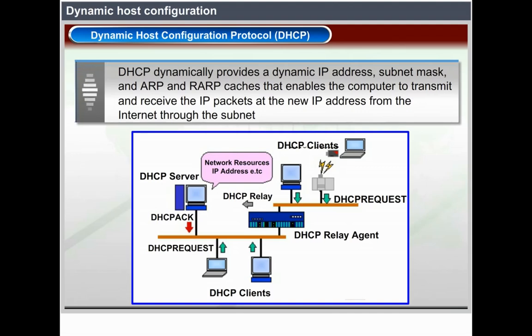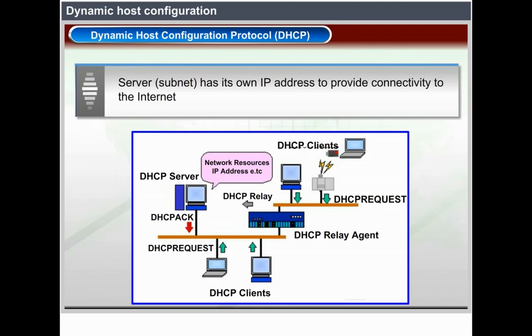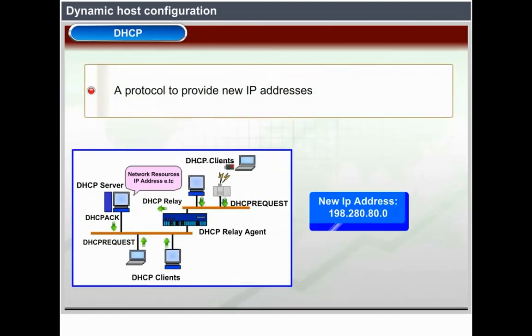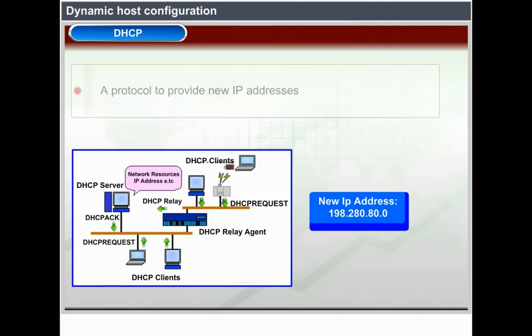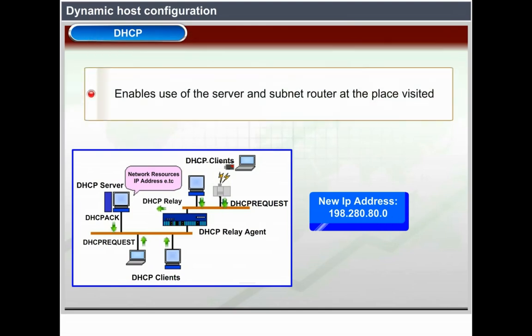DHCP dynamically provides a dynamic IP address, subnet mask and ARP and RARP caches to enable the computer to transmit and receive the IP packets at the new IP address from the internet via the subnet. The server subnet has its own IP address to provide connectivity to the internet. DHCP, a protocol to dynamically provide new IP addresses and set subnet masks for the visiting computer, enables use of the server and subnet router at the place being visited,